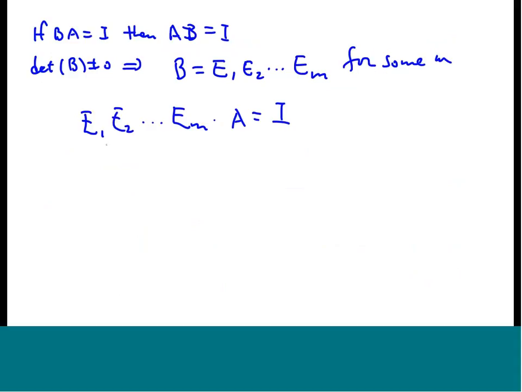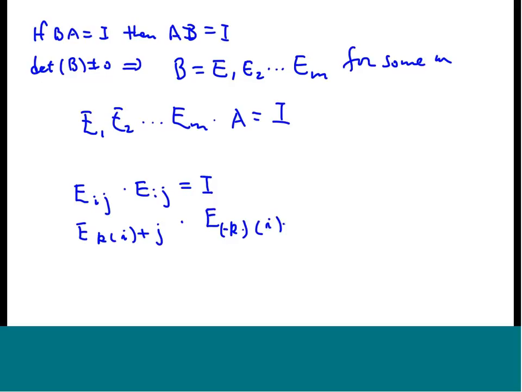For example, for the first kind, Eij times Eij is I. For the second kind, Ek times (i plus j) times E minus k times (i plus j) is I. The second kind, Ek times i with E of 1 over k times i, is I. There are three kinds of these, which means